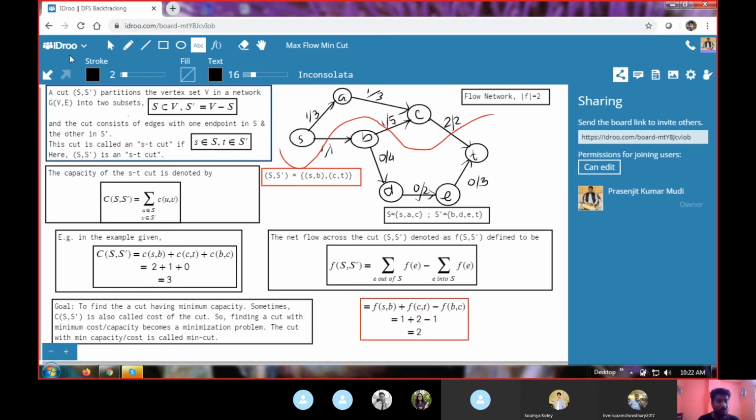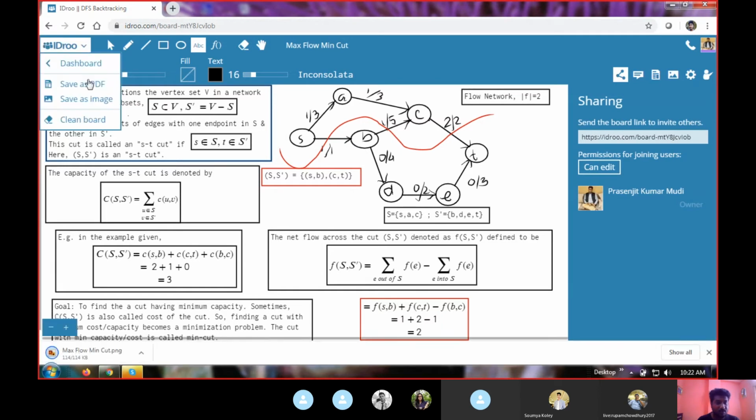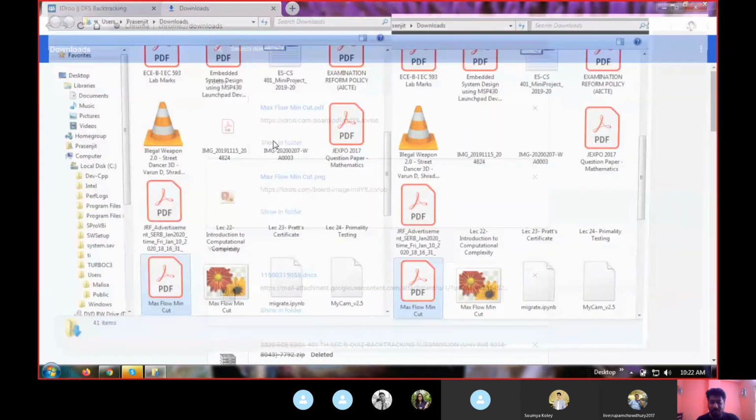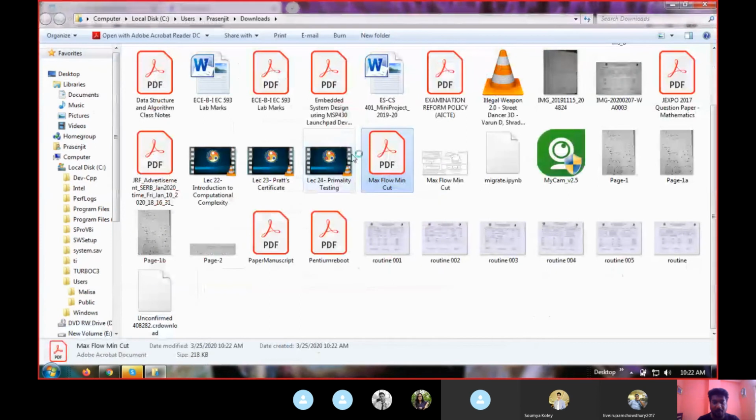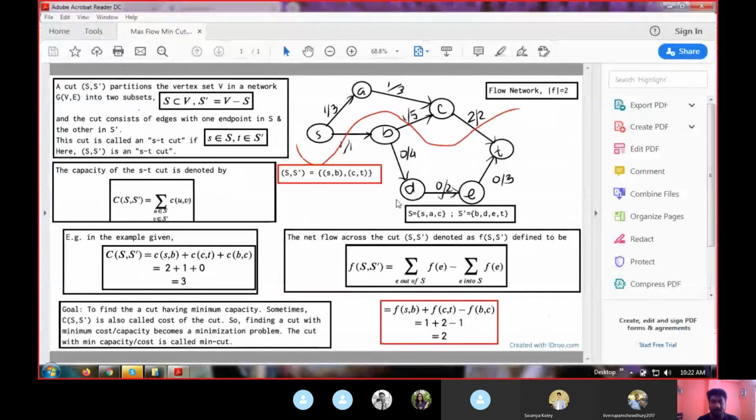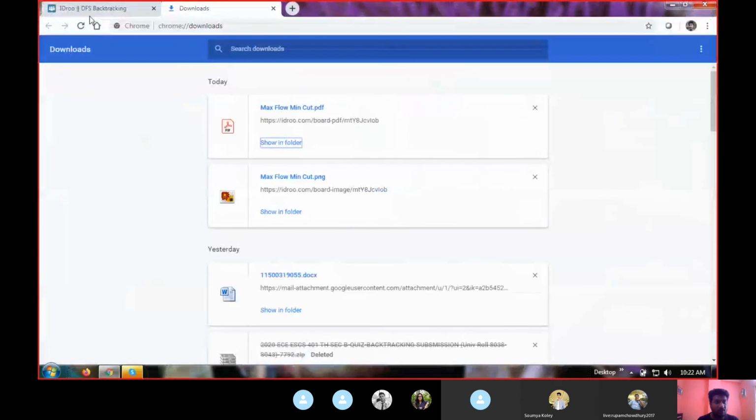Okay, so save image, save PDF. Let me check once whether it is saved or not properly. It is very, very important. Right, it's fine. Okay, so now we can